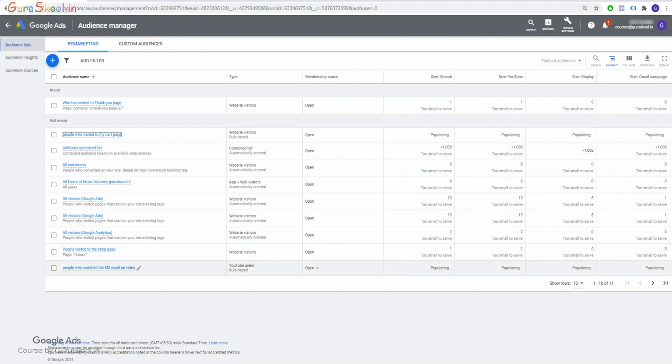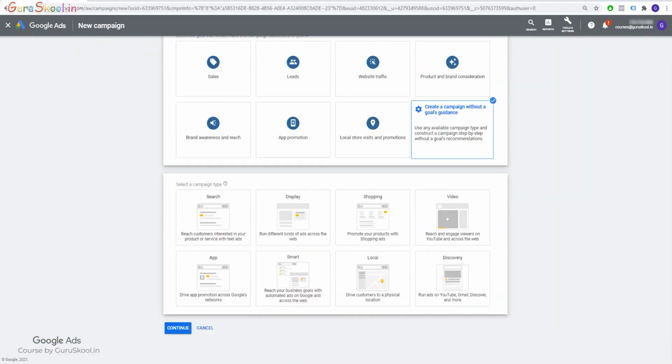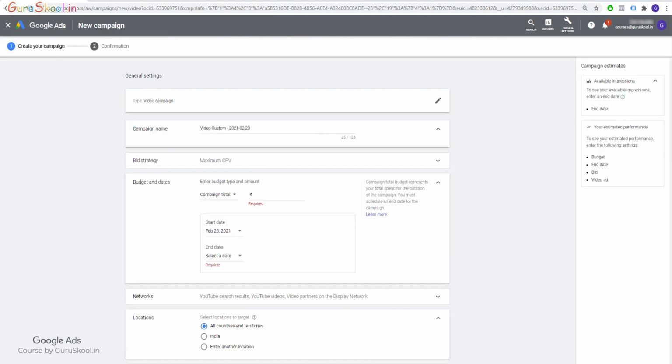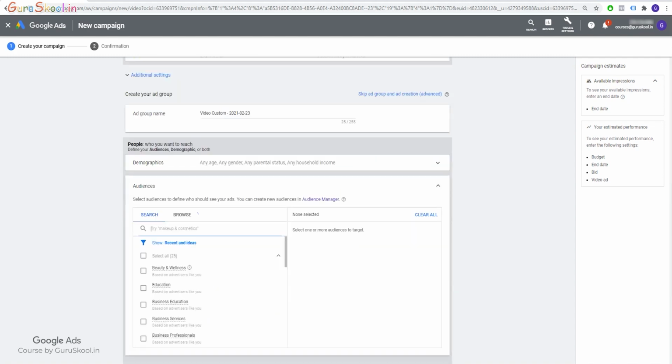Now I want to remarket to those people. How would I do it? I would go to my Google Ads, create a new campaign, create a campaign without a goal's guidance, then select the video. I'll go with custom video campaign. It's totally up to you which kind of campaign you want to select. We'll go with continue. Simply everything stays the same, and I'll come directly to audiences and select those audiences who have visited my web page,